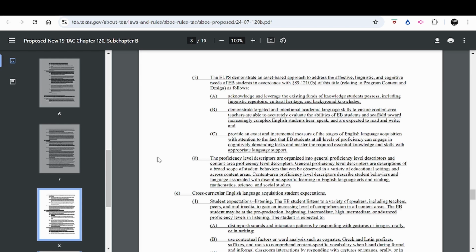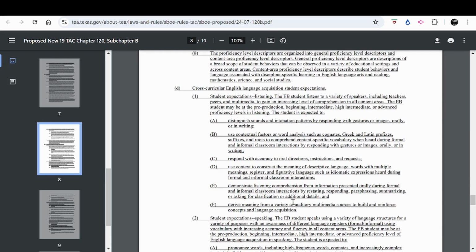General proficiency level descriptors are descriptions of a broad scope of student behaviors that can be observed in a variety of educational settings and across content areas. Content area proficiency level descriptors describe student behaviors and language associated with discipline-specific learning in English language arts and reading, mathematics, science, and social studies.